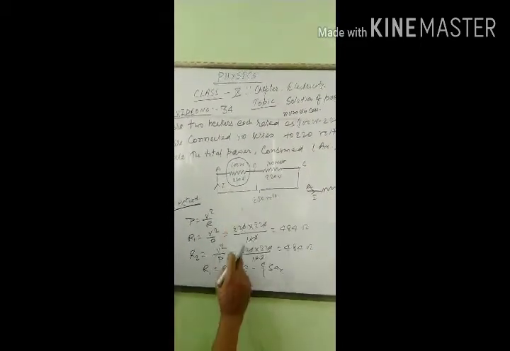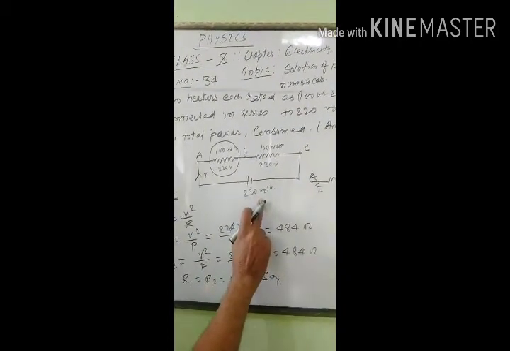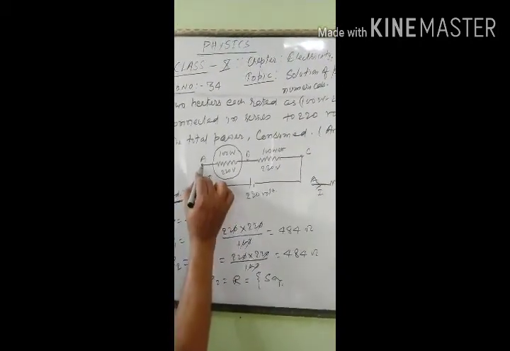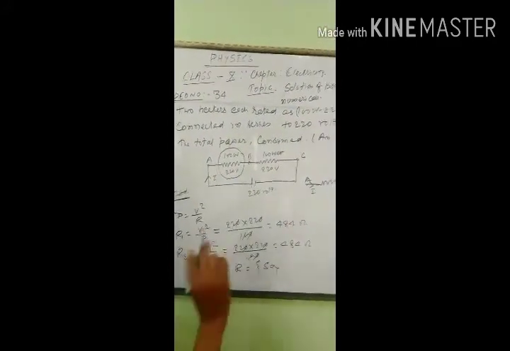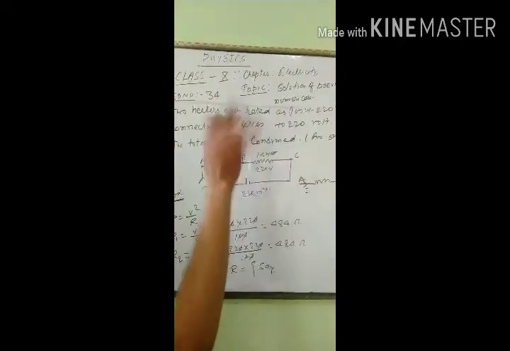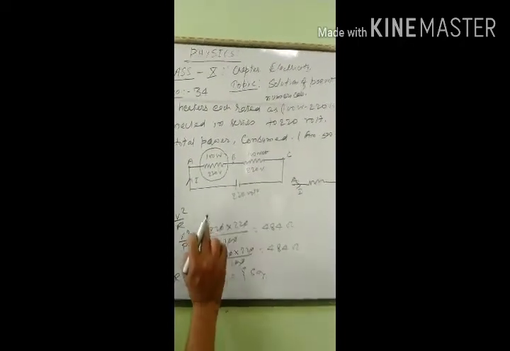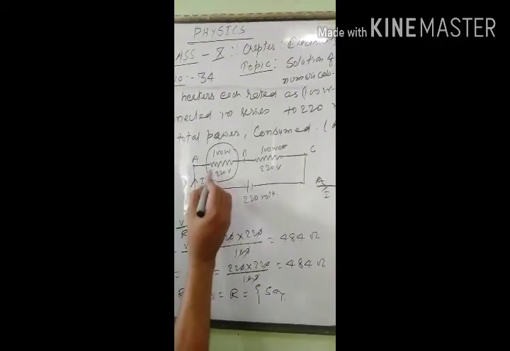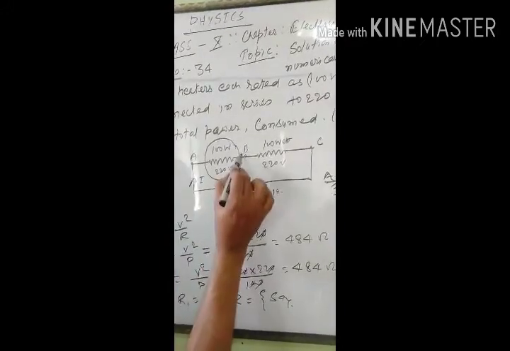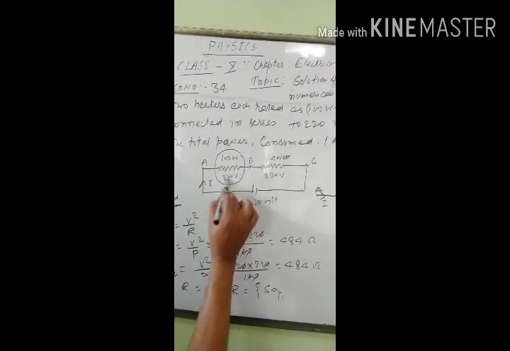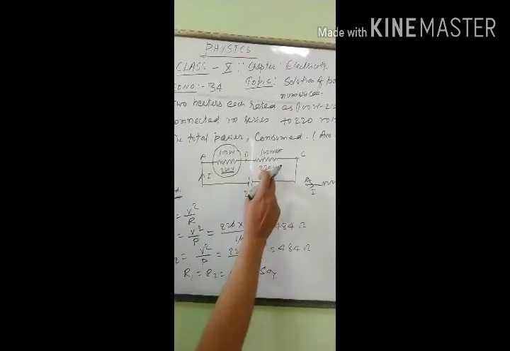Similarly, that is here, and now it is connected to 220 volt. It means if the potential difference between A and B becomes more than 220 volt, it will fuse and will never act. Only this amount of current will be allowed up to which the potential difference between A and B is 220 volt. This is the meaning of this 220 volt.